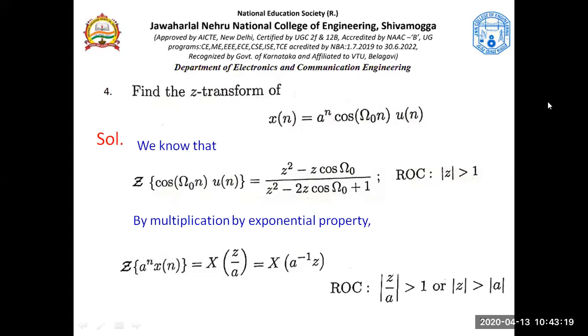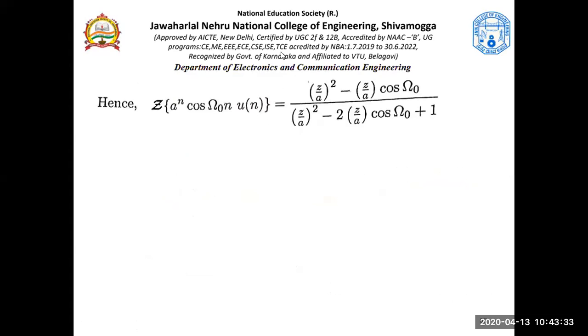See here, the ROC is |z| greater than 1, right? In place of z also, we need to bring z by a greater than 1, which means that |z| is greater than |a|. That is what is done. Wherever z was there, since a^n is there along with this, that z is being replaced by z by a. And if you work out,